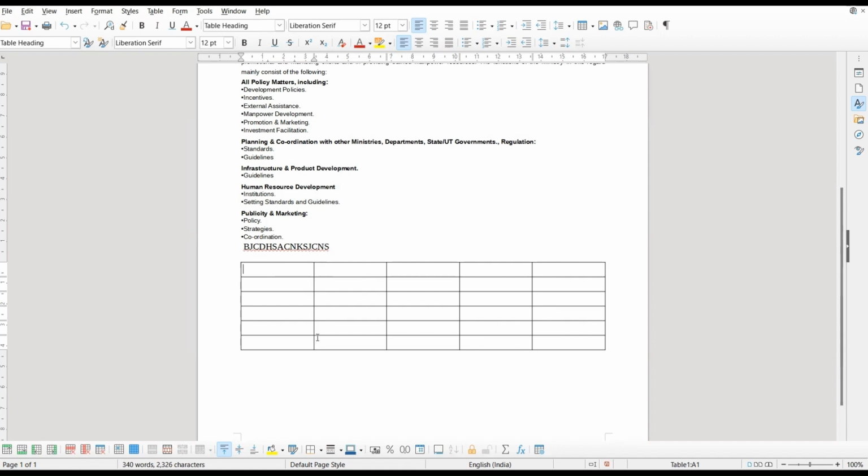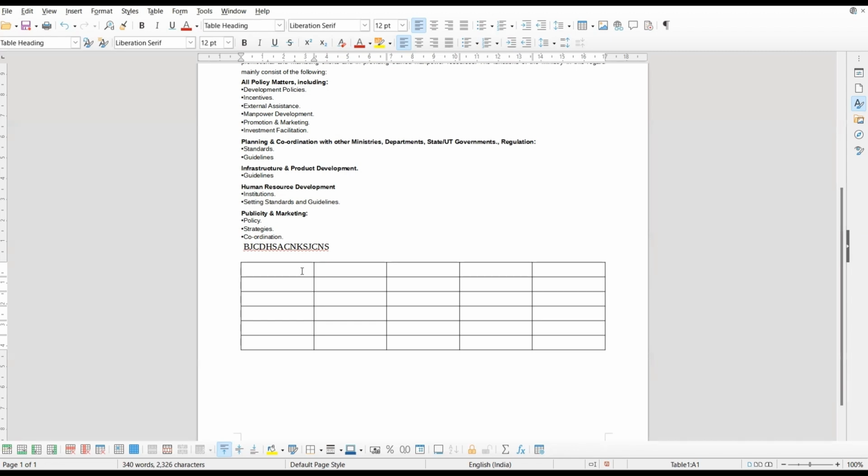So these are columns. The vertical series of cells, they are known as columns, and the horizontal series of cells, they are known as rows. Now we need to understand one term, that is the cell. So what is a cell? The intersection of a row and column makes a rectangular box which is called a cell. So you can see this rectangular box. ये क्या होता है? ये आपका cell होता है. So this is the table, these are columns and these are rows, and this rectangular box, this is a cell. Now we need to understand more about the table. So let's start. So you can write over here.